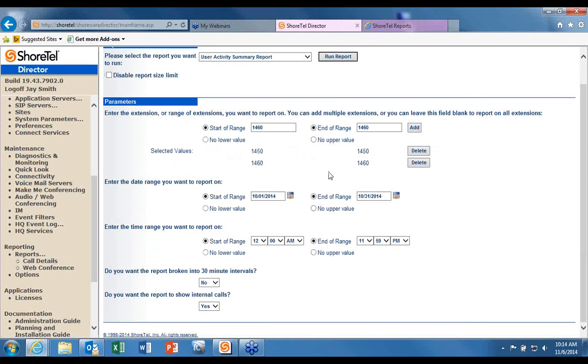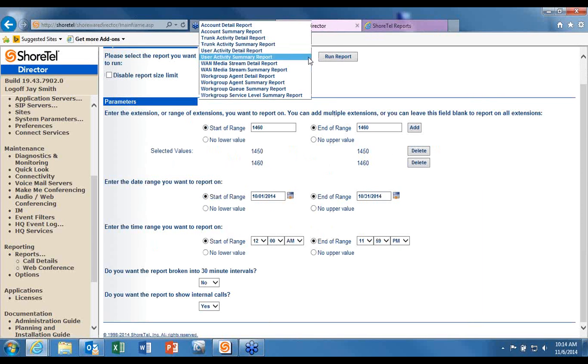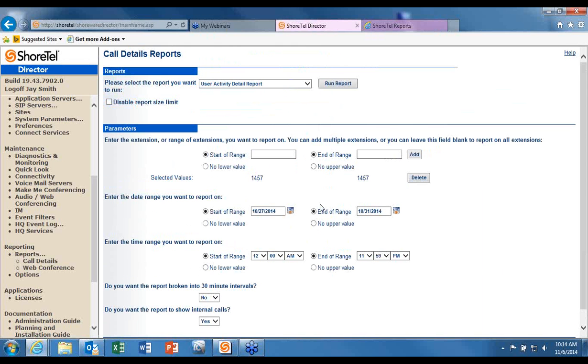I could also come in here and do a detail report on a user. Here's a user activity detail report. The value that's in here right now is Paul Violet. He takes a lot of calls. So I've got, let's see, just last week is what I've got in here by default now. You see I've set up the 27th, which was Monday, and then through Halloween, and then I did the same thing, 24 hours worth. I'm not going to break it in. I'll include,